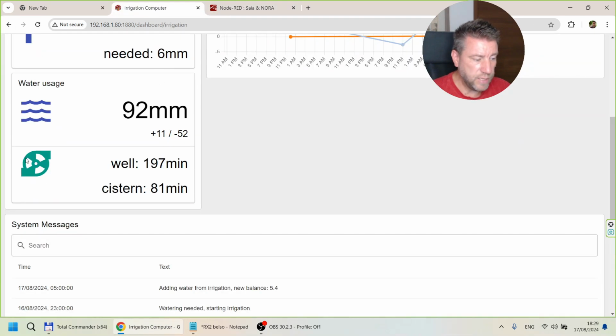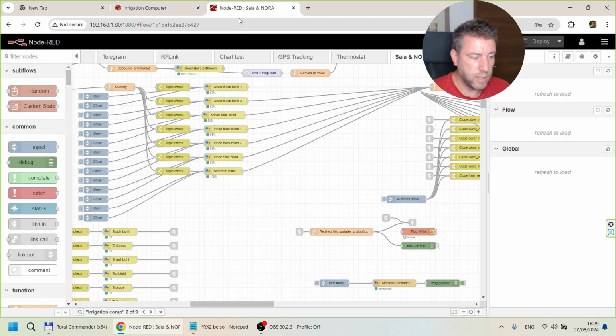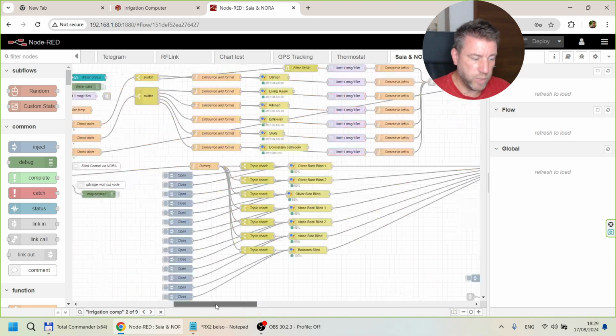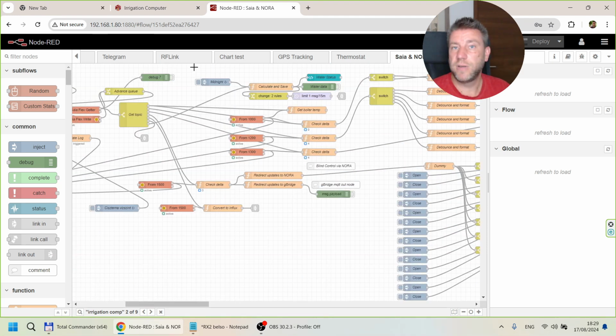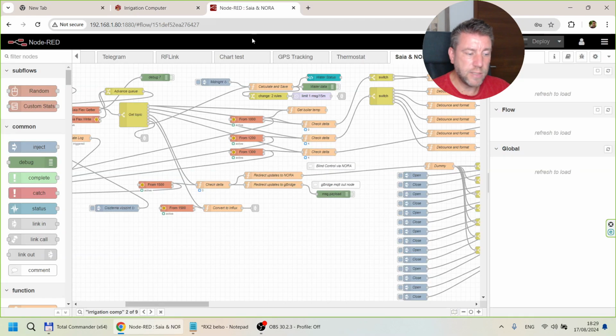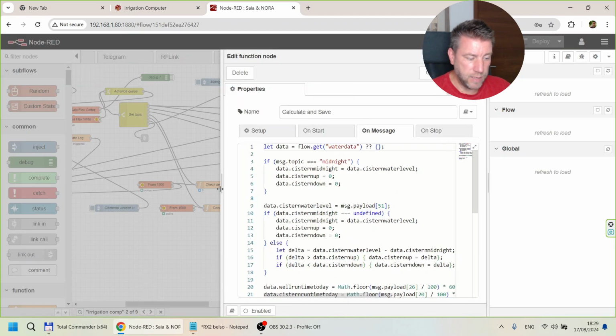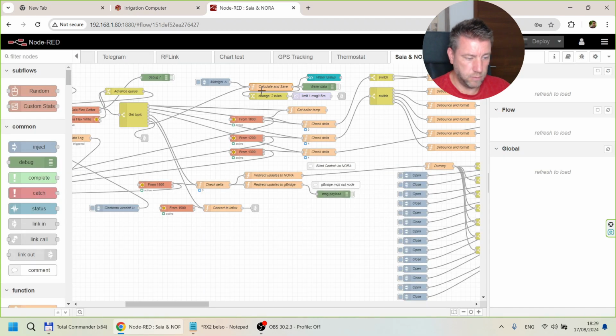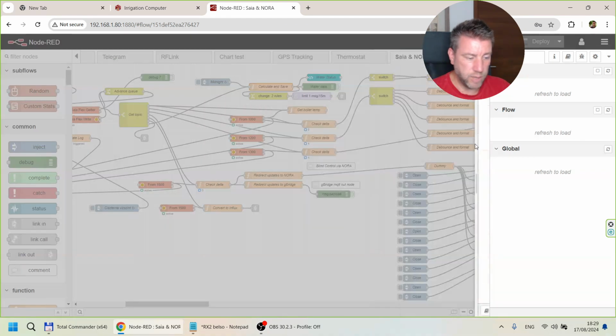And for that card, I have a separate flow which I'm not going to share because that's very specific to my setup. But I collect basically this information from the system: what is the current water level, how long the well pump ran, and how long the cistern pump ran. And I have a piece of code here which